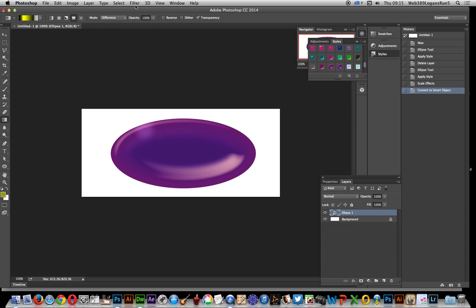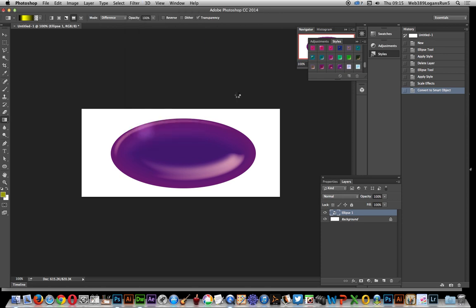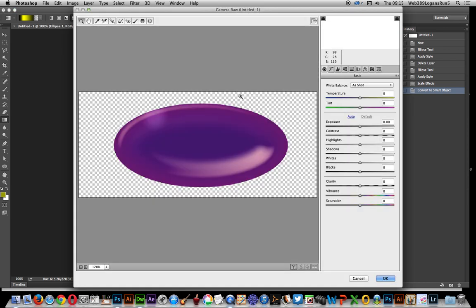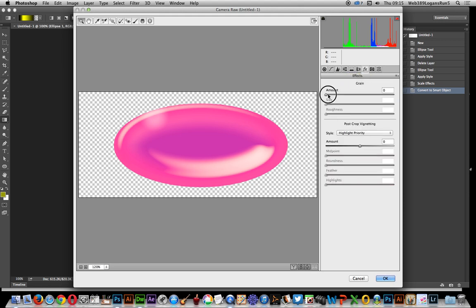Okay, now I can go to filter and I can apply effects to it. These are smart effects, so they can be changed as well at any point. So I can change the colour of the design. If I don't want to go with the purple design, just make it a bit more pink there. Change exposure, darken, click OK, or I can add noise, grain to the design,